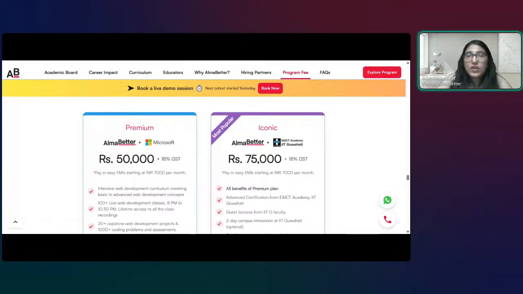Plus, we will give you an opportunity for the Microsoft certification in AI developer, and here also you will get the voucher. The total price in this iconic program is 75,000 plus GST, that is 88,500, in which you will get certified from IIT, which is a major certification.